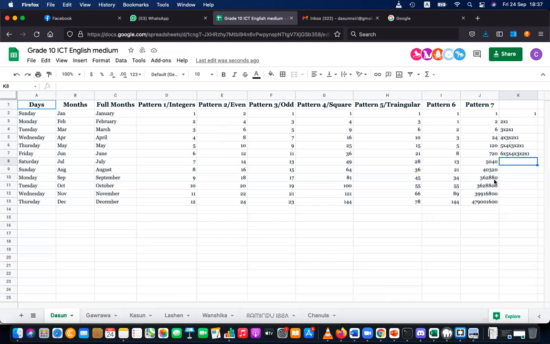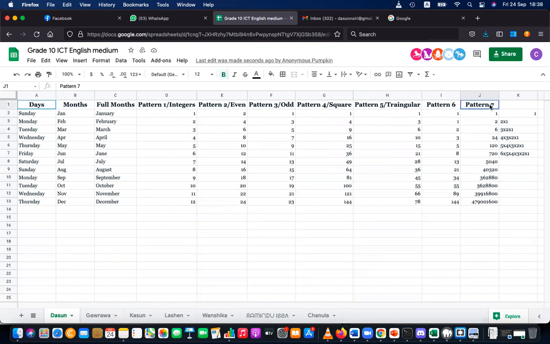Okay, try to apply that pattern and get that number. Do we have to type it? No, you don't have to type that because you can generate it. So 1 is 1. 2 can be generated by 1 multiplied by 2, 2 into 1. And the next one can be generated by 3 into 2 into 1. So you know that it is 3 into the previous one. Then the next one, 4 into the previous one. So likewise, you can generate that. You can calculate that automatically.